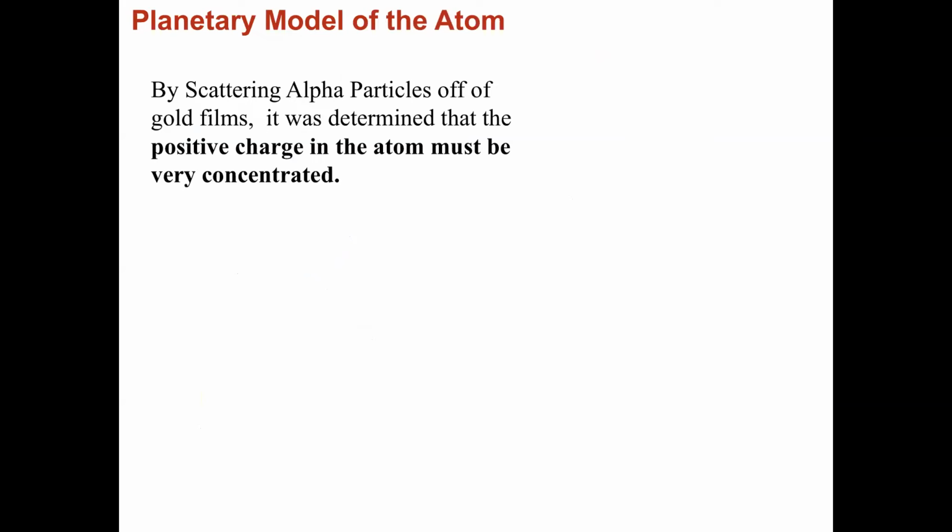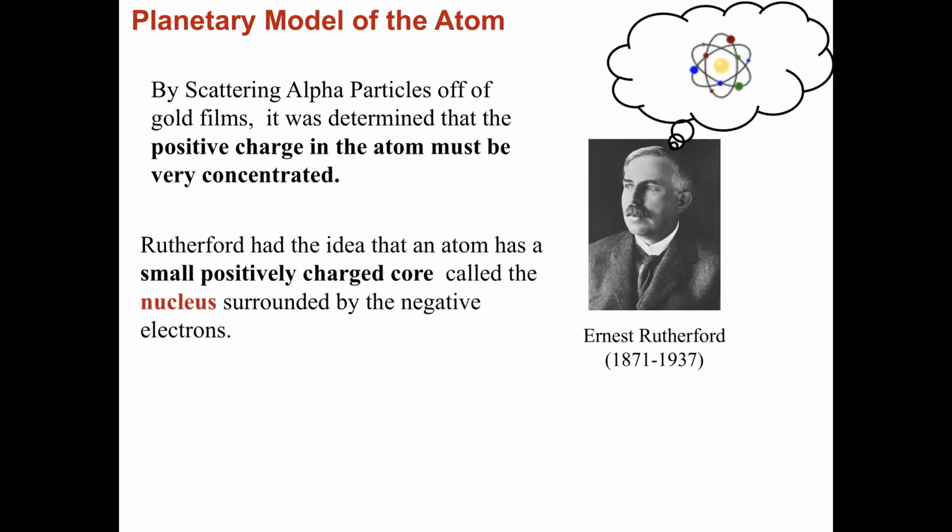So the way we discovered positive charge and that it must be very concentrated was by scattering alpha particles, which are helium nuclei, 2 protons and 2 neutrons together, off of gold films. The fact that most of them traveled through the film without scattering in different directions led Ernest Rutherford to think that all of that positive charge must be condensed in a very, very small area in the center of the atom, which he called the nucleus,